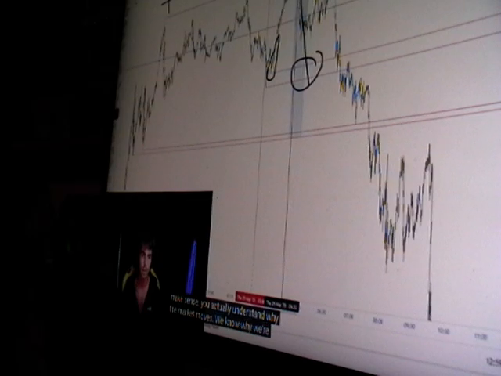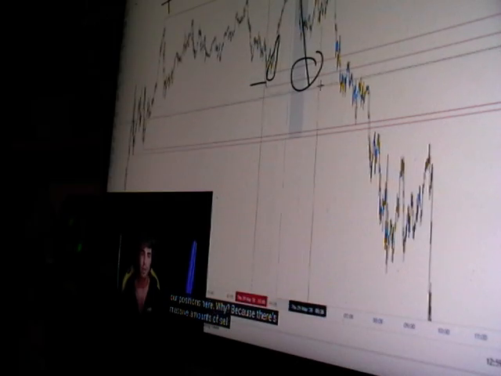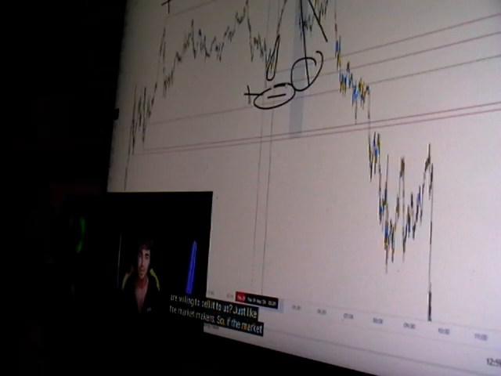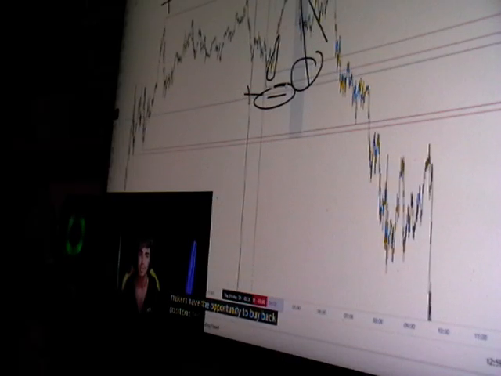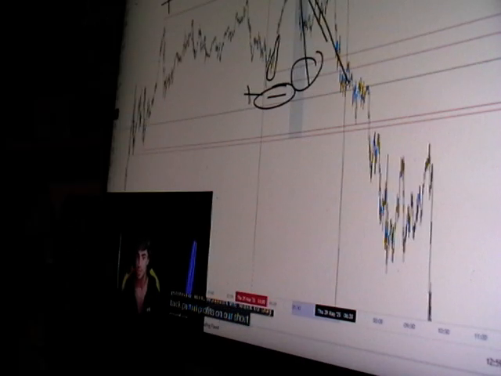We know why we're entering sell positions here. Why? Because there's a massive amount of buy orders here. We know why we're exiting our positions here. Why? Because there's massive amounts of sell orders here that have the opportunity to get filled for price to move in the opposite direction. So if we're in sells, wouldn't we want to buy back our positions when people are willing to sell it to us, just like the market makers? So if the market makers have the opportunity to buy back positions here, wouldn't we want to buy back partial profits on our short position here?